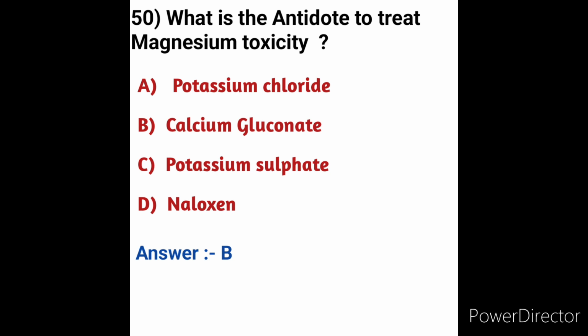Next, option C, protamine sulfate, is the antidote for heparin. Next, option D, naloxone. Naloxone is a life-saving medication that can reverse an overdose from opiates, for example heroin and fentanyl. Okay friends, calcium gluconate, option B, is the correct answer here. Calcium gluconate is the antidote for magnesium toxicity. Give calcium gluconate 1 gram IV over 3 minutes. Repeat doses may be necessary as per the doctor's advice. Here option B is the correct answer, calcium gluconate, the antidote for magnesium toxicity.